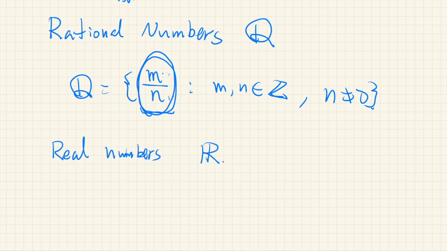Okay, which we denote by R. And real numbers, the set of real numbers, is the set of numbers that are rational numbers and irrational numbers. And what is an irrational number? It's a number that cannot be expressed in terms of a ratio between integers. Okay, for example, square root of 2, that is